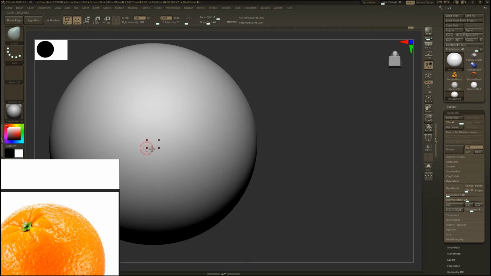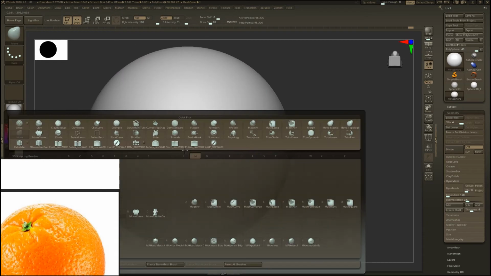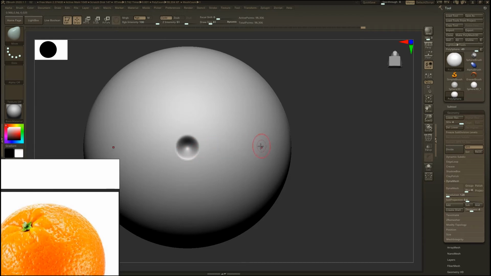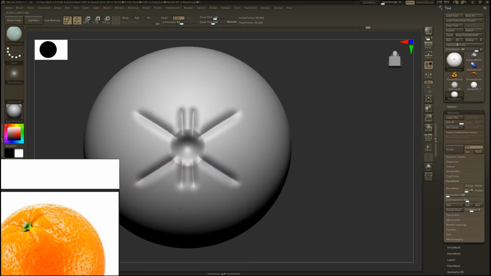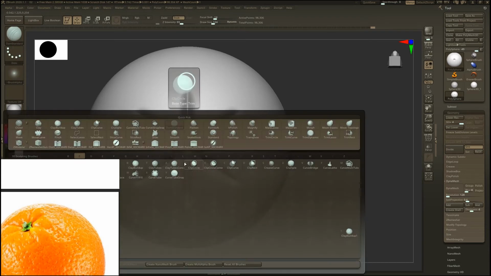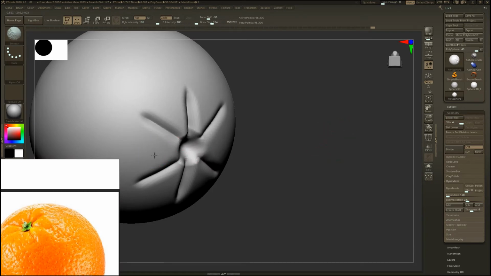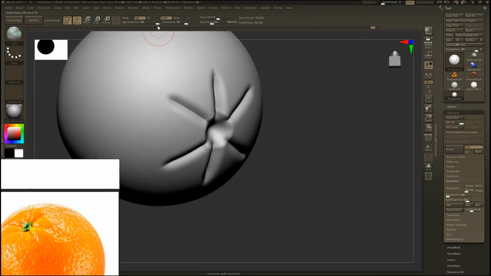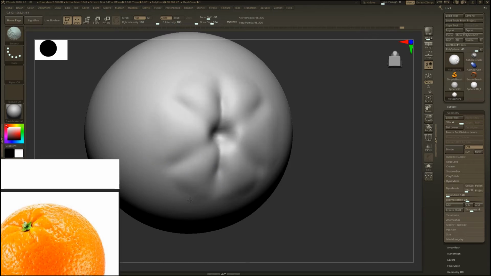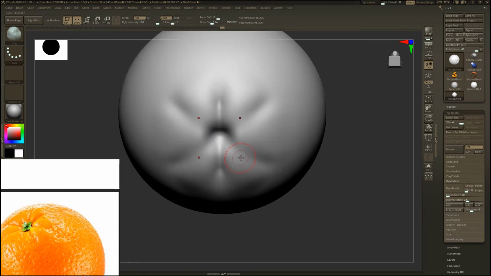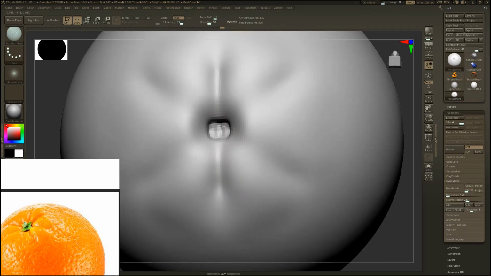We want this top effect at the bottom, so I am just repeating my steps at the bottom of the orange. Using TempStandard and adding details here.